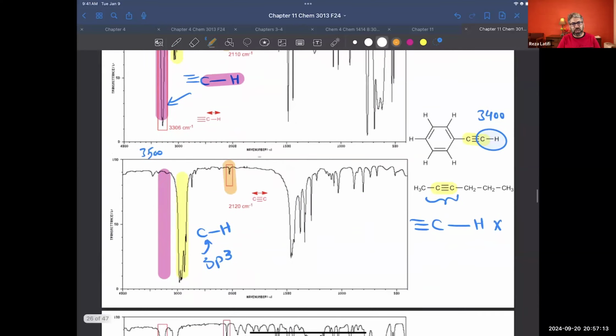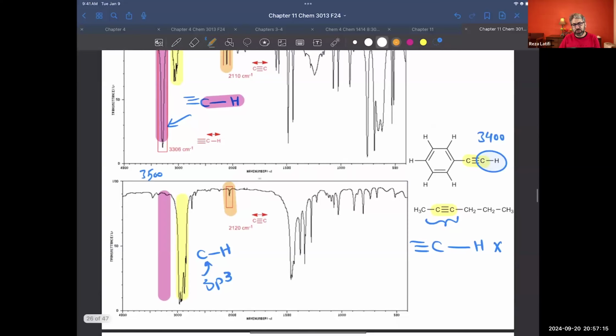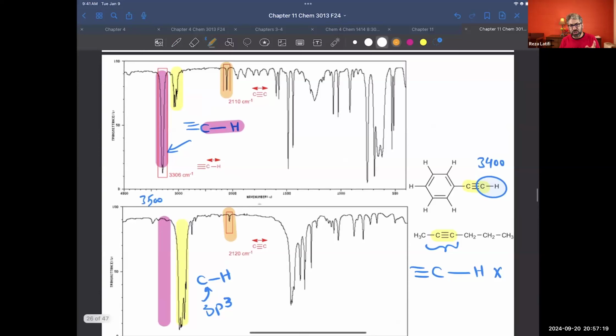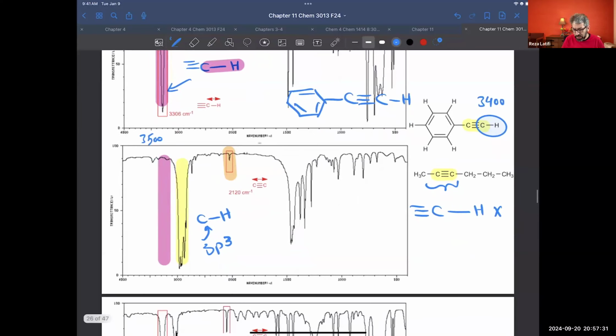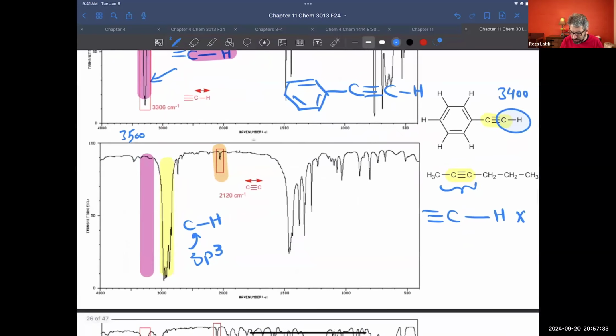So how do I actually connect those two compounds to the two spectra? The top one, because it has a stretch around 3300, is going to be this molecule. And number two, it will be